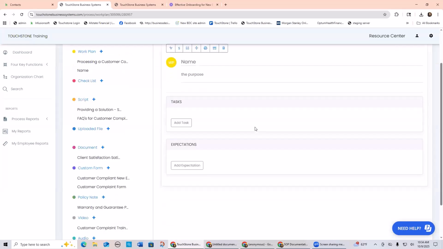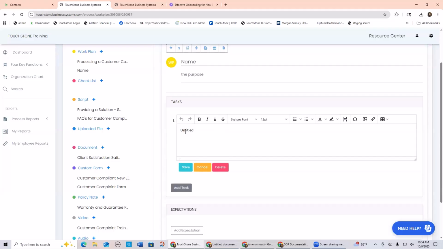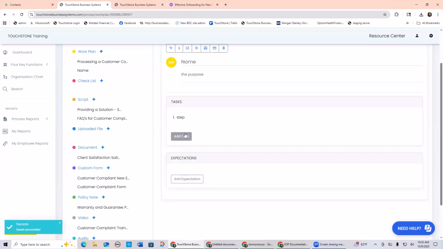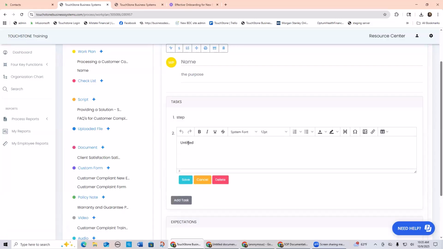So if you're starting to build a work plan, all you're going to do is hit add task, and then this is task 1. So this is the first step. When you spell out that step, you hit save. Then you're going to go to the next step. Add task, click, this is step 2,